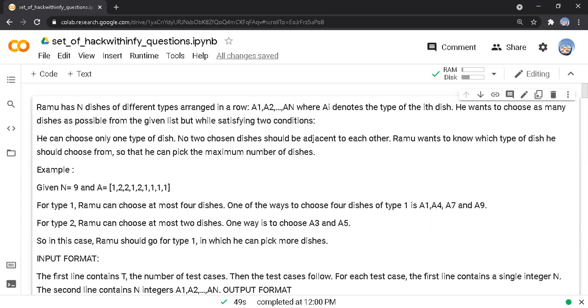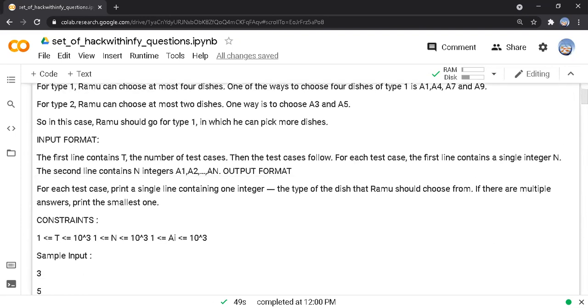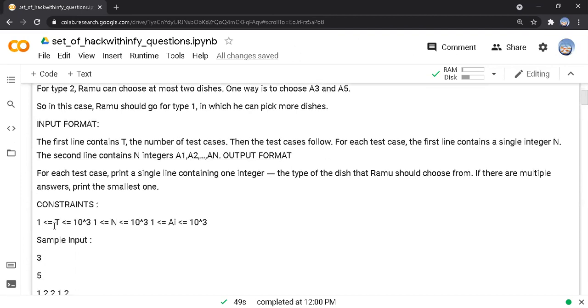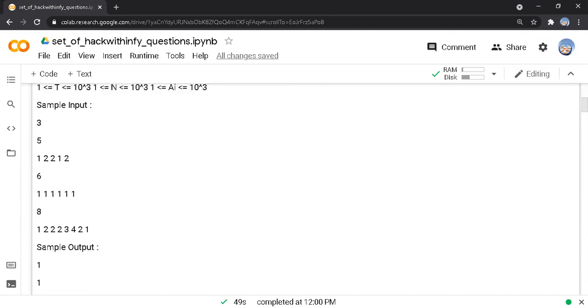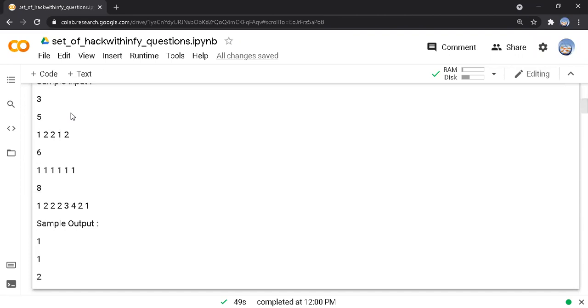Next, we are going to see the input format. They are given the constraints for the range of test cases, the number of values and the array values. Here 3 is the number of test cases and 5 is the first test case value. Here they are given the array of values 1, 2, 2, 1, 2.